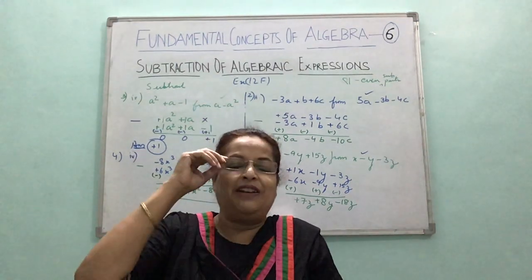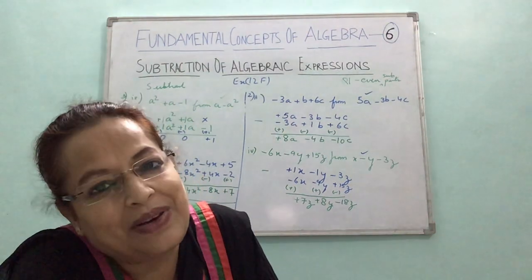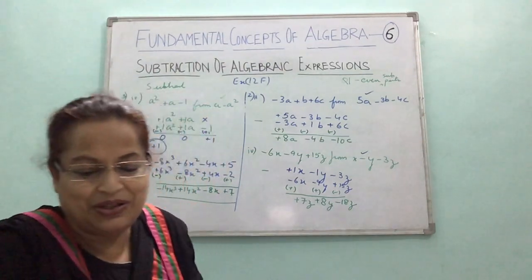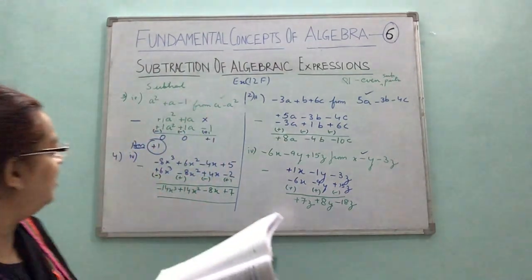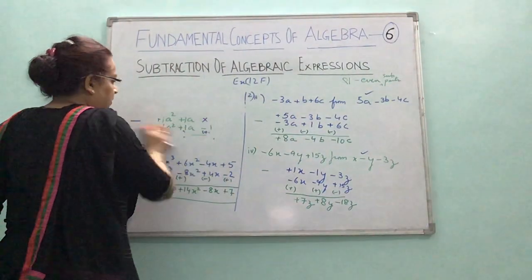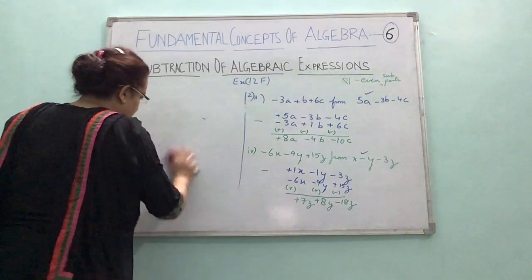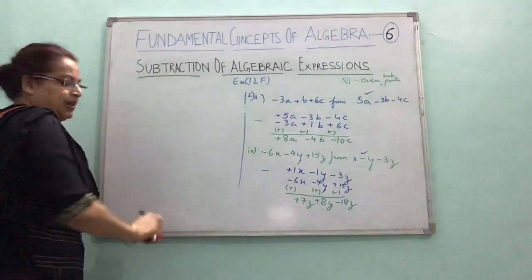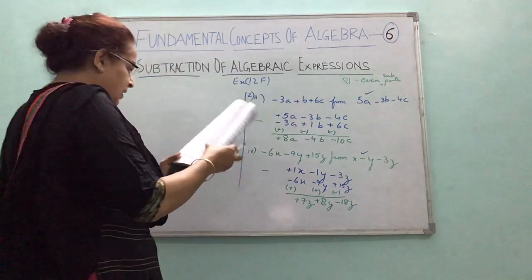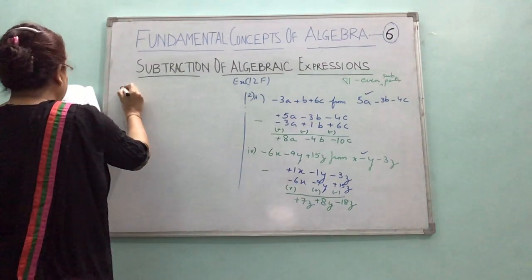So we have to just decide which expression is bigger, and from the bigger expression we subtract the smaller expression, right? And that is what we'll do. So I'll take up question number 8. Let's proceed with question number 8. First and foremost we have to decide which is the bigger expression, and from the bigger subtract the smaller. So how much is first expression less than the second? So the second expression is bigger.